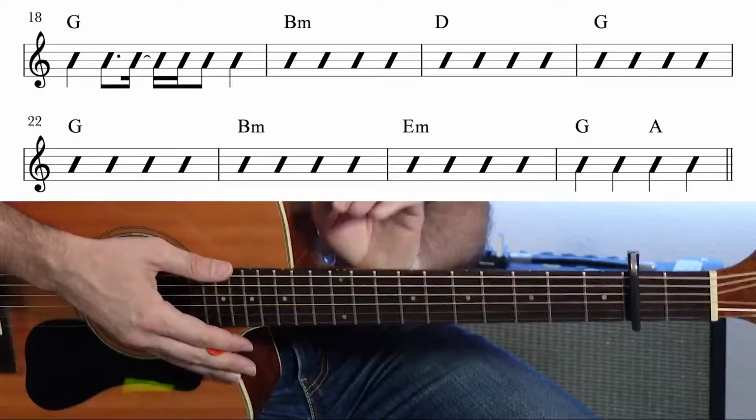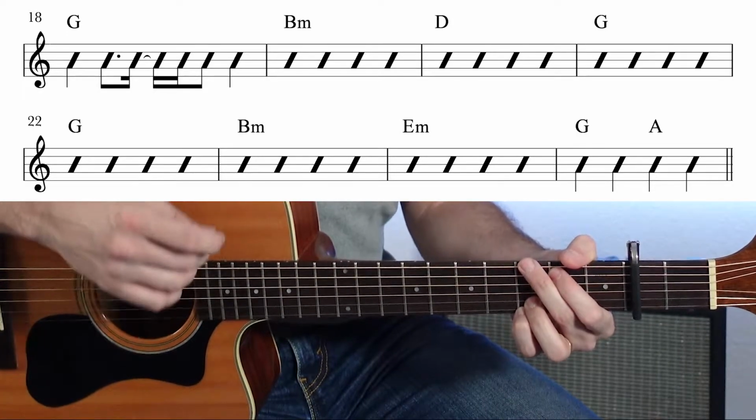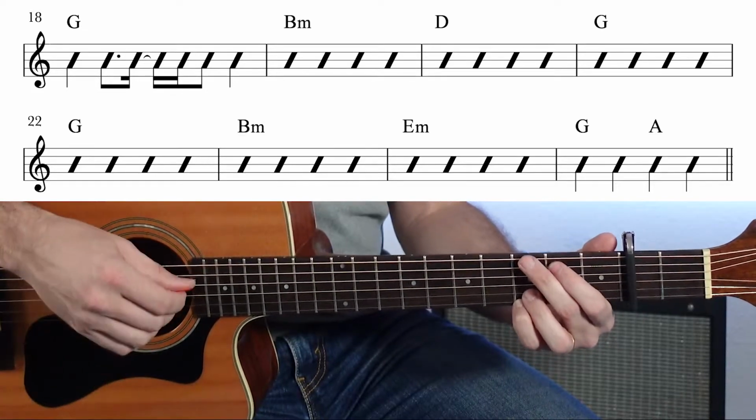Cool, right? Well, I know I'm eager to actually plug in that strumming pattern and start hearing that chorus. So let's do that right now. And don't forget that on the eighth measure, we're just playing quarter notes. Here we go. 1, 2, 3, and 4, and